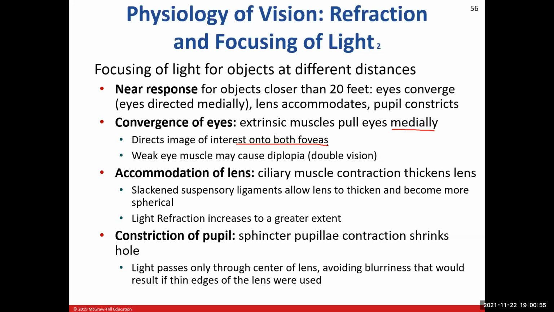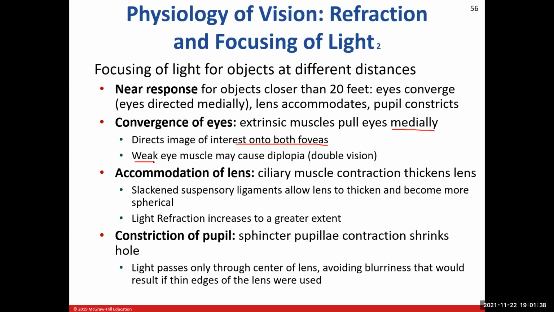You might notice sometimes, especially if you've been up for 24 hours or 48 hours or near the end of the day, that your vision is not as sharp, especially say, for example, you're a proofreader for a publication company. And that's all you do all day long is read, read, read. And so at the end of the day, you might notice that your reading is a little bit more blurred, and it's tougher to read. You won't get that sharpness. And that's because those extrinsic eye muscles have weakened. They got tired. And so they cause that diplopia, that double vision that you'll get. So that's a good time to close whatever it is that you're looking at and take a break.